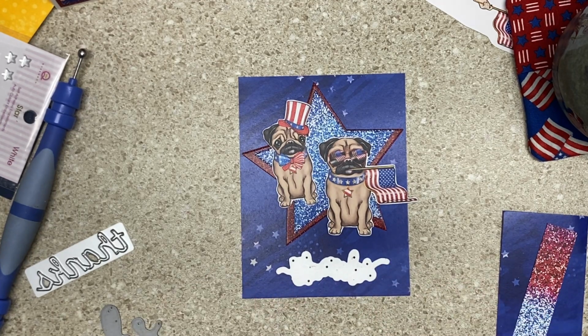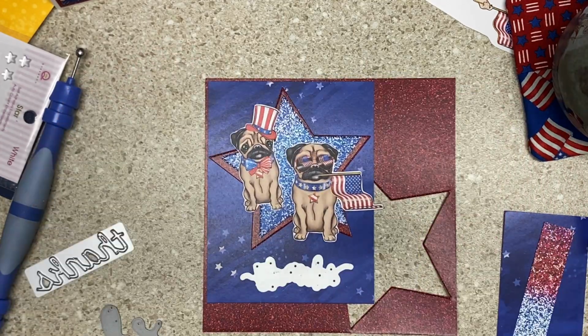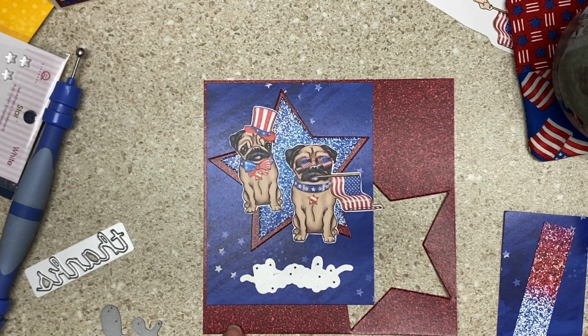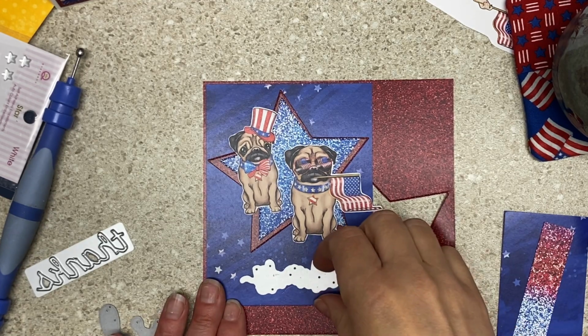What do you think? Then, okay, I know, it's the layering. I just can't stop the layering. I'm also thinking maybe we'll come in like this. Okay, now here's what we have to figure out. Do we want to do the thanks? We could repeat this exact same layering with the thanks, but I think we should go with white. I think the back layer should be white and maybe the front layer should be blue, just because there's so